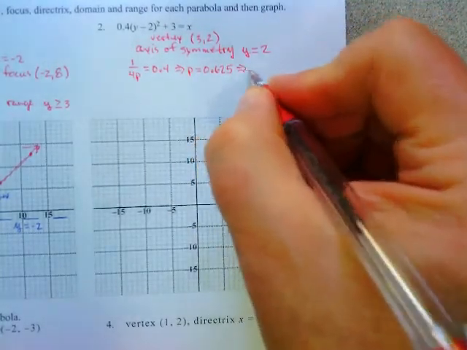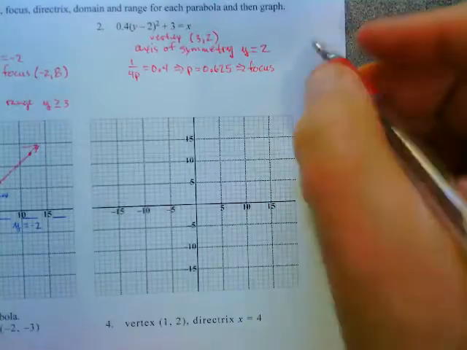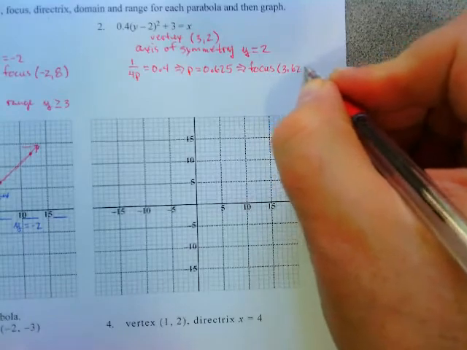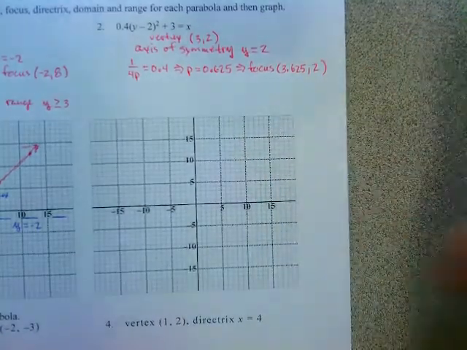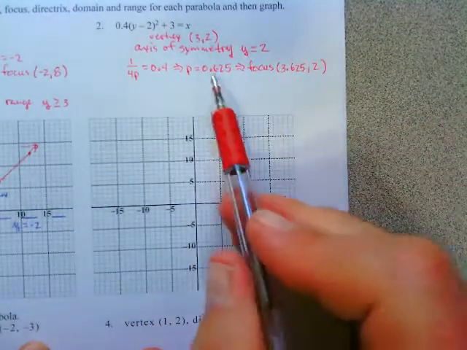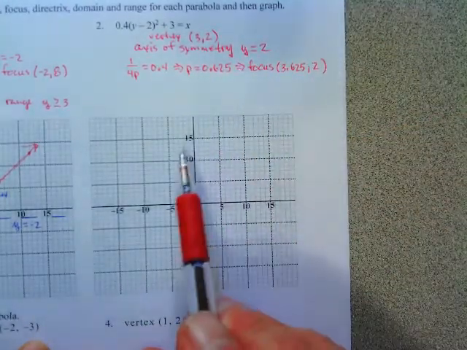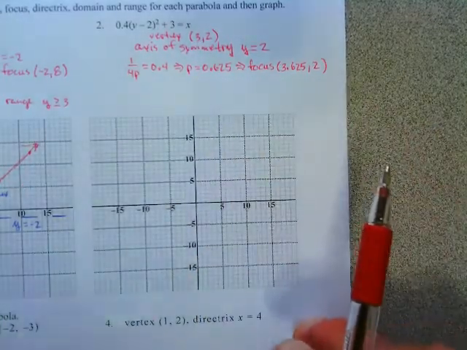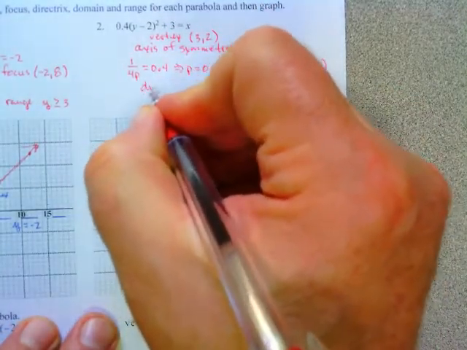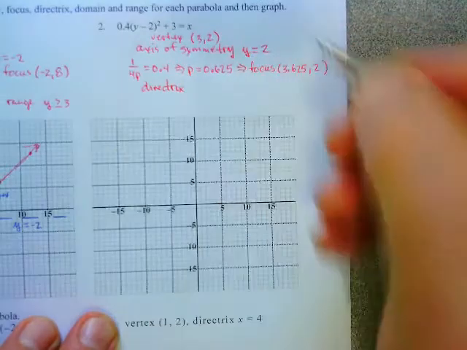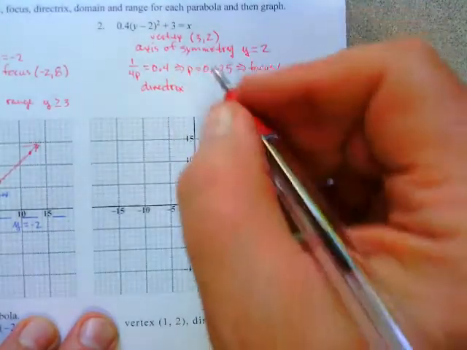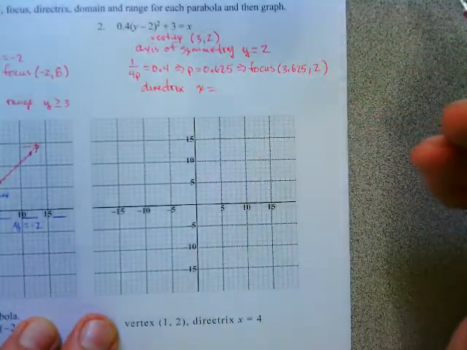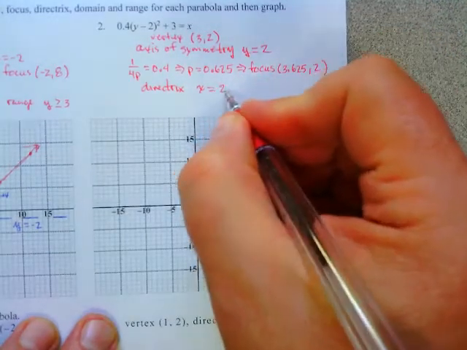which means then our focus is 3.625, 2. So basically I took my vertex, and then since it's going to open this way, I had to move this way, so I added the 0.625 to the 3 to get my focus. My directrix, on the other hand, is going to be a vertical line, this time in x, but I've got to take the 3 and subtract the 0.625, and so the directrix will be